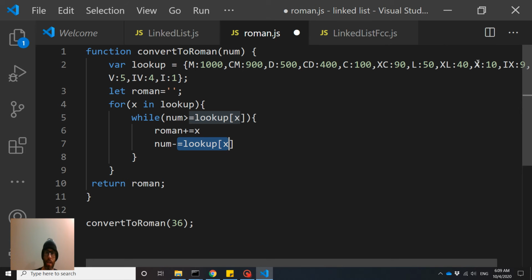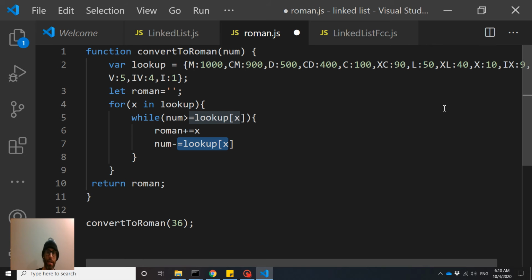And then it's still on this right over here, and it's still greater. 26 is still greater than 10, so it's going to do the same thing. It's going to repeat itself, right? So it's going to subtract 10 from 26 is 16. 16 is still greater than 10. It's going to subtract another 10, right? Is 6 greater than or equal to 10? No, it's not. So this while loop is going to terminate, and then we're going to go back here,